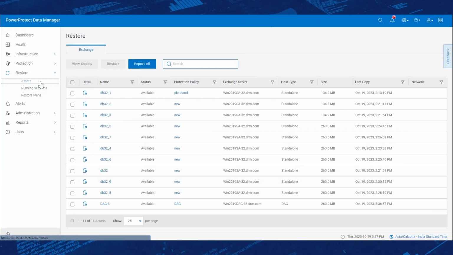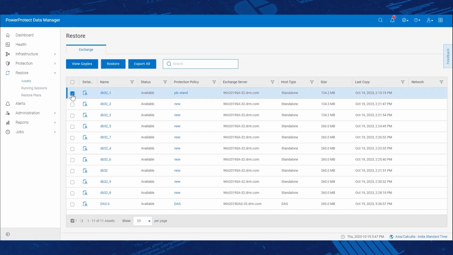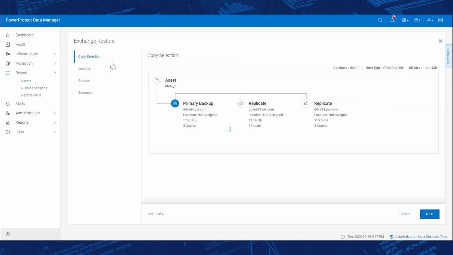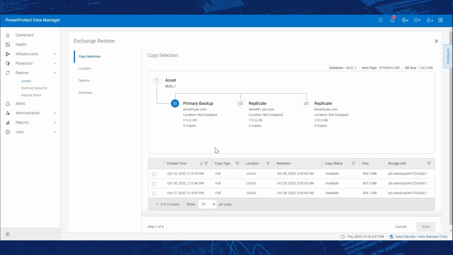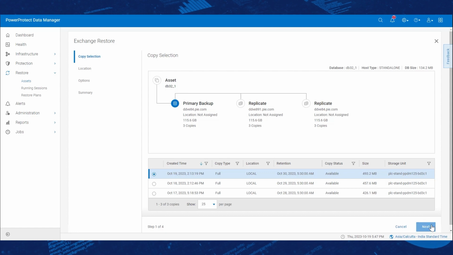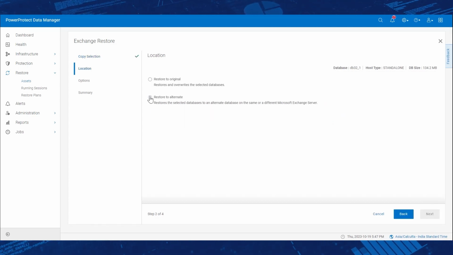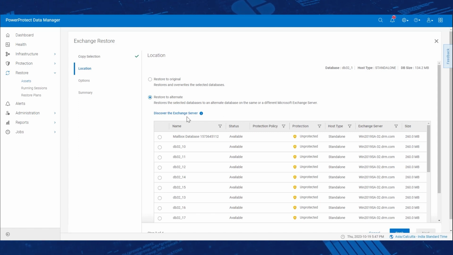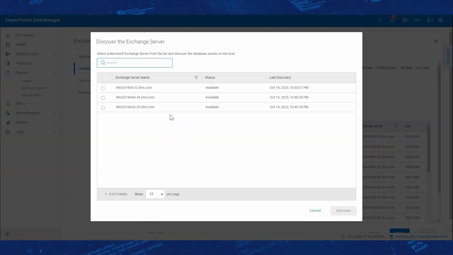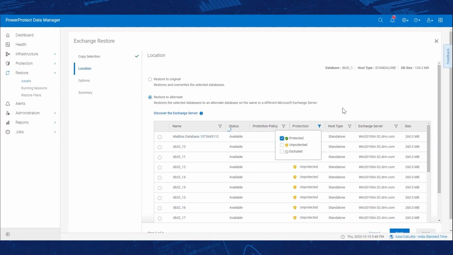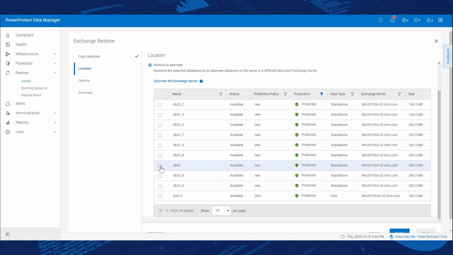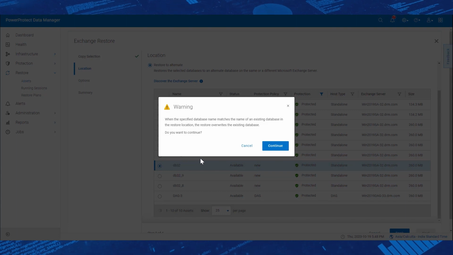To perform a database restore to an alternate location, select the standalone database asset db32_1 and click Restore. On the Copy selection page, select the backup copy. On the Locations page, we can choose to restore to an alternate location. We also have the option to discover the Exchange server from this page. Select the alternate location and we see a reminder warning that the restore will overwrite the existing database when the